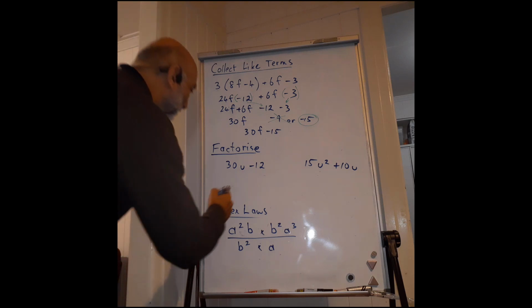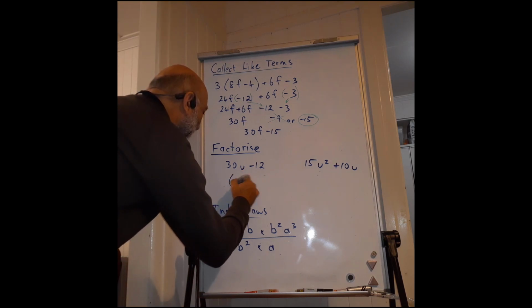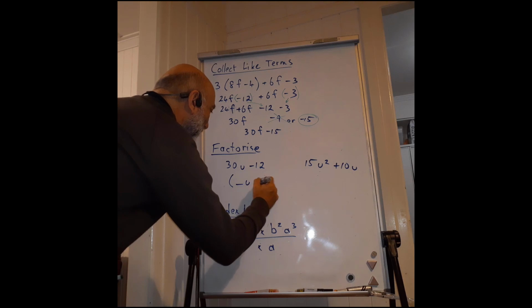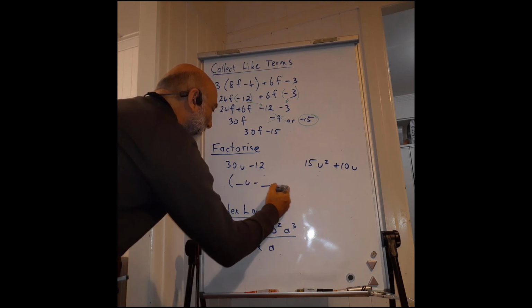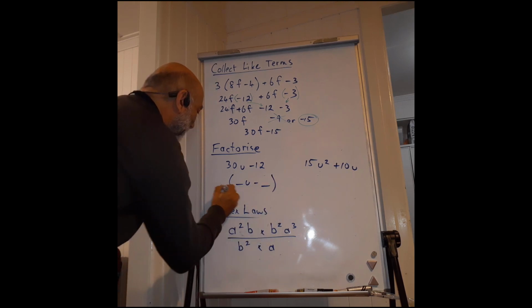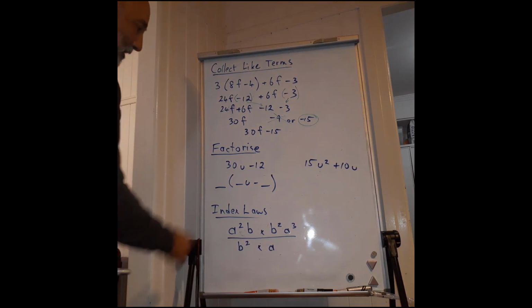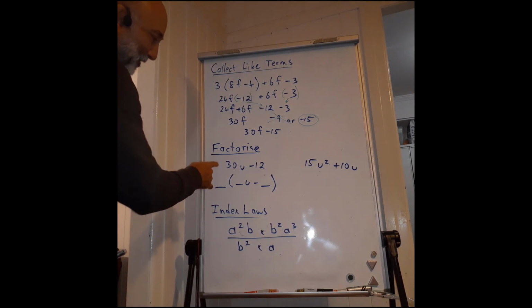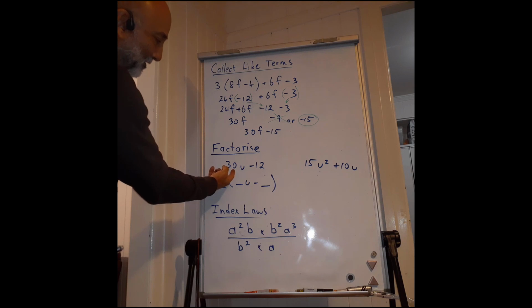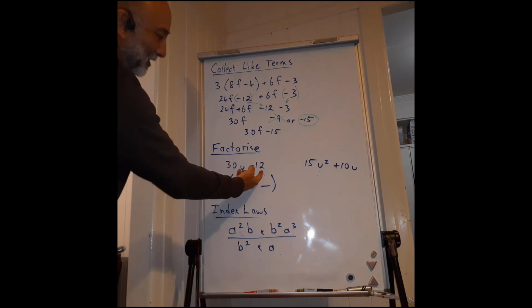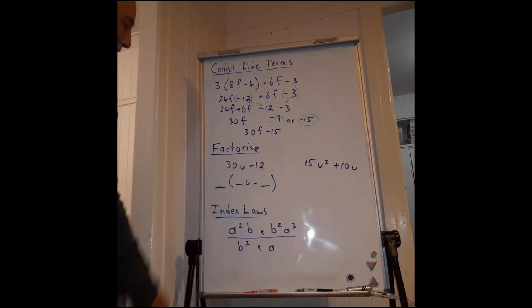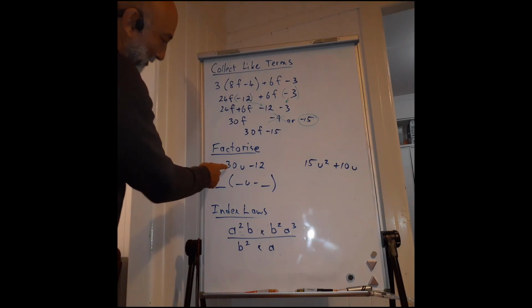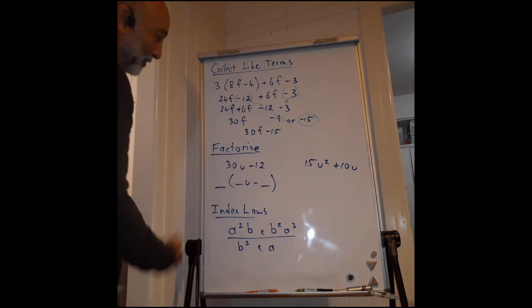So what we want to do is something like this, something times u minus something, okay, and then we have a something out the front there. The idea is that we divide this number by something and the same here, and then we bring that outside the brackets. So let's see now, this is an even number, that's an even number, so we could divide by